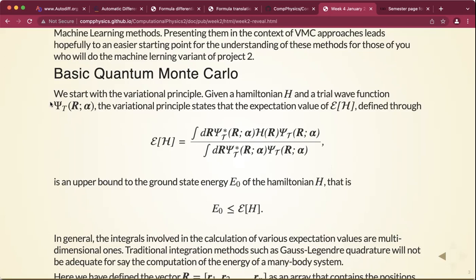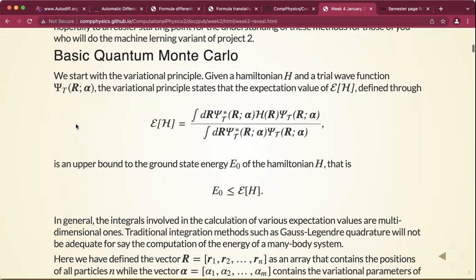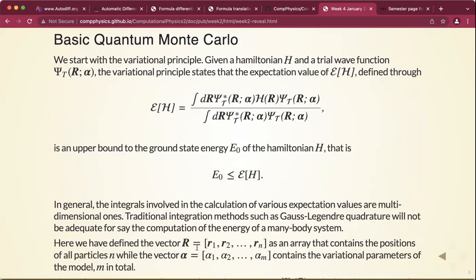And in our case, we are going to replace the exact wave function with a trial wave function. And that's why we have this T here. And this is going to depend on the coordinates R. And as you can see here, this R is a vector which contains the positions of all the particles. And we are going to reserve a label N throughout this course to indicate the number of particles in the system. And then there are some parameters. And these parameters are normally called variational parameters of the model. And you will see why in just a few moments, because these are linked to something which is called the